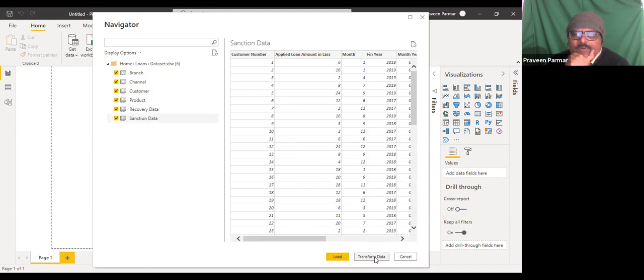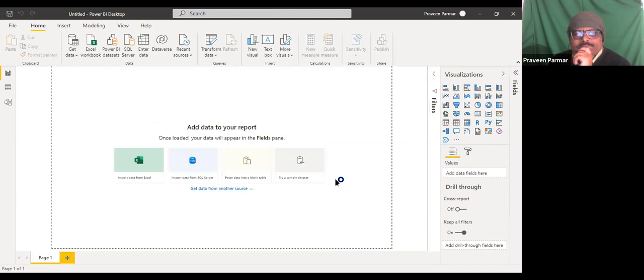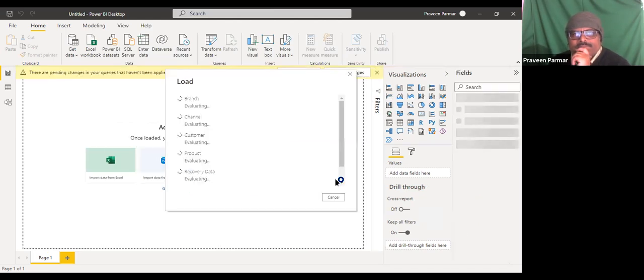If you want to transform at present, you could transform here. Otherwise, you just load it. Later on, we will transform the data. So I just load it. It will take a little time. It is creating the connection.